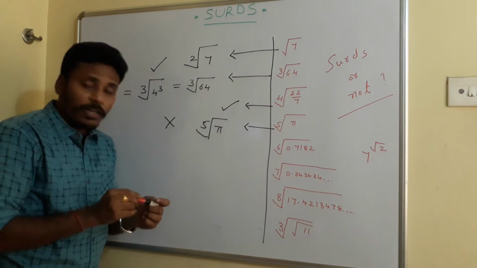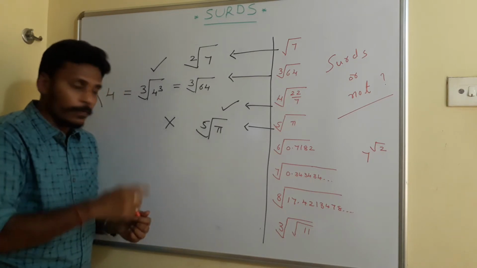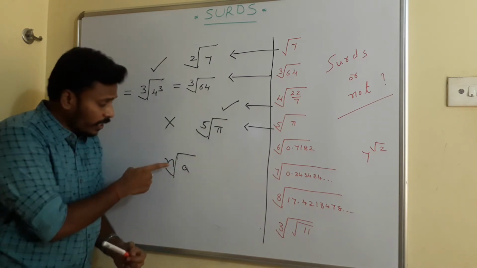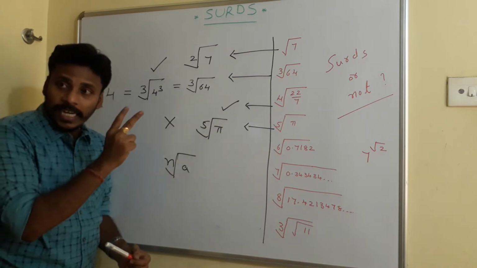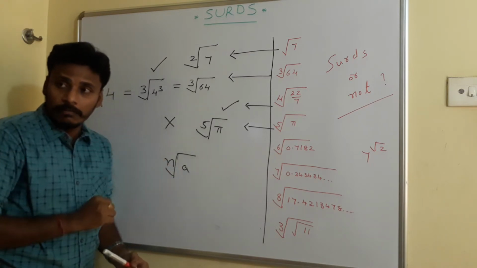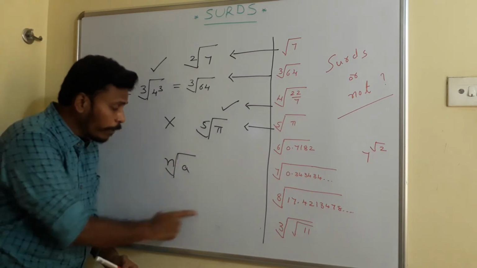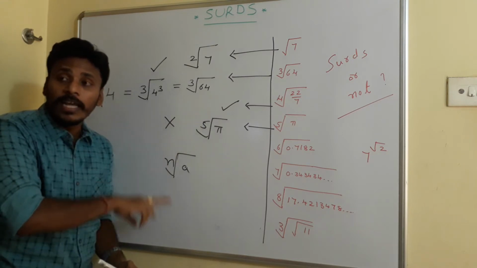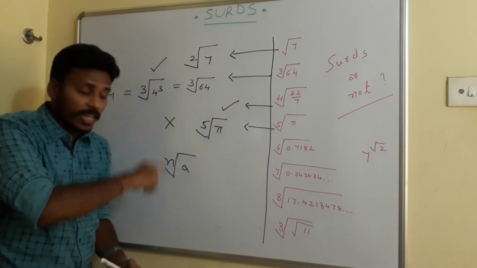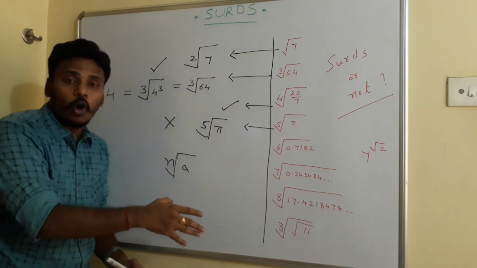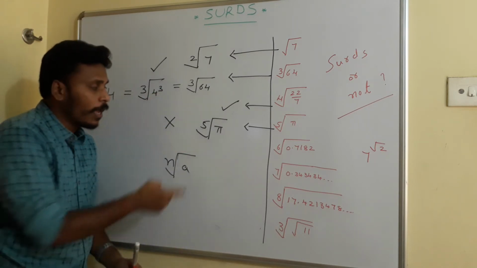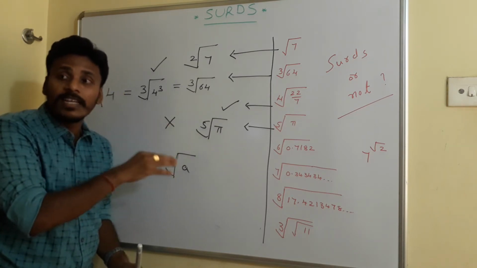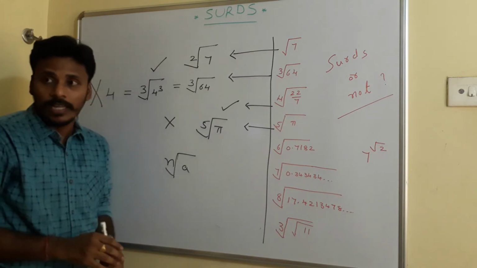To decide whether a number is a surd or not, we need to check three conditions. Nth root of a, right? We need to check three conditions. The first condition is that n should be a natural number. The second condition is a should be a positive rational number. And the third condition is that the simplification of nth root of a is not a rational number. If it is a rational number, it is not a surd. If the result is not a rational number, then only we call it a surd. So you need to check three conditions, but this fifth root of pi fails at the second condition because a is pi, which is an irrational number, so this fifth root of pi is not a surd.